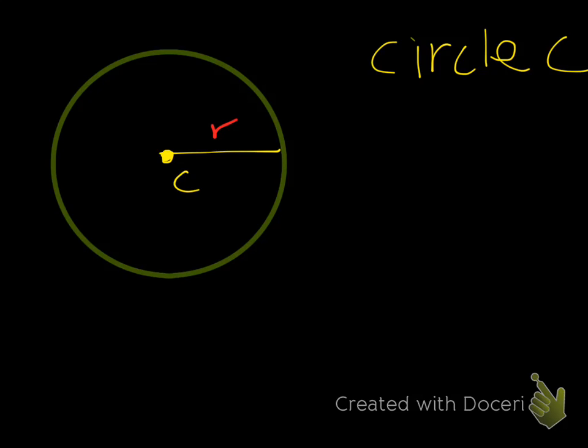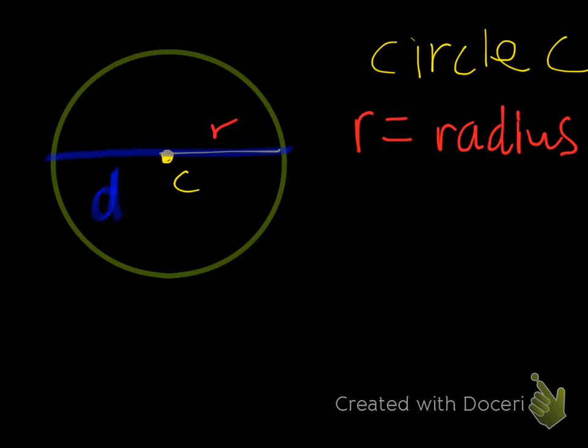This line here is the radius. And the whole line, so that would be all the way through. Okay, that's the diameter. And so the whole line through is the diameter. Alright, so R is radius. And D is